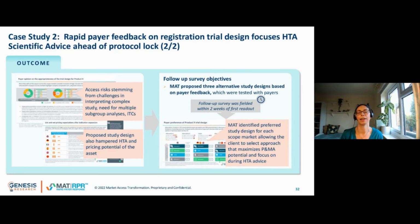These alternative study designs were vetted and checked by the client's clinical medical teams and were then retested with payers within 2 weeks of the first readout. What the second survey was able to identify was the preferred trial designs per each market in scope, and there was some divergence in preference. However, by factoring in also the price potential and the volume potential for each market, MIT was able to recommend to the client one trial design to focus on for the clinical development and also to focus on during HTA